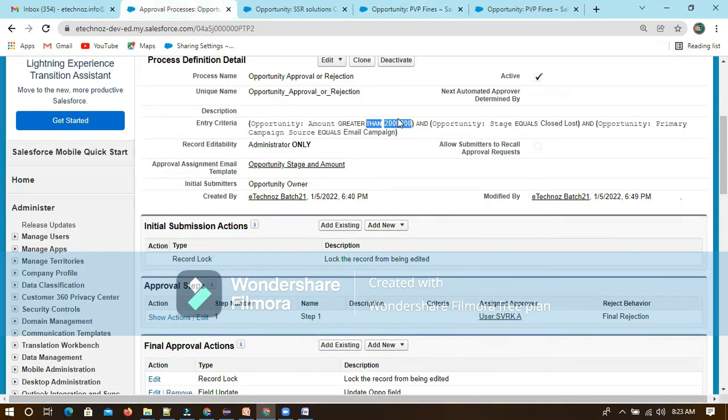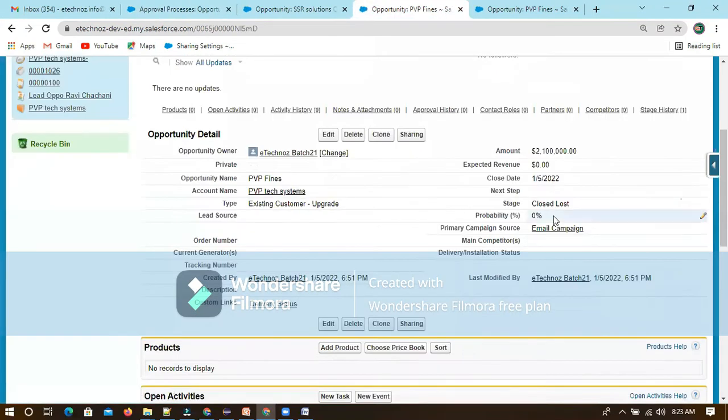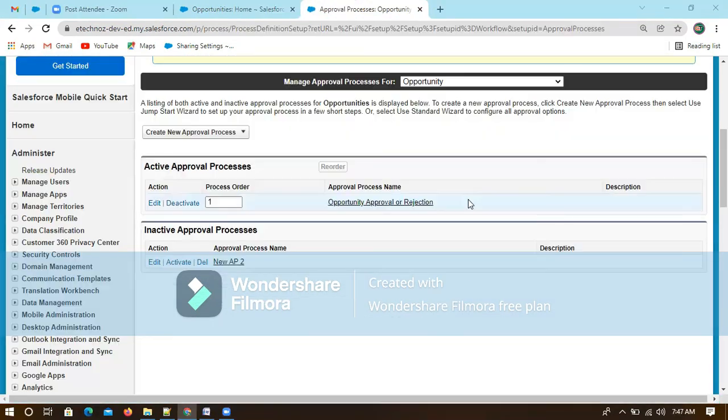Amount greater than 20 lakh, opportunity stage equals closed lost, and email campaign. To define four steps, we have already created one approval process yesterday, and we were trying to test that.